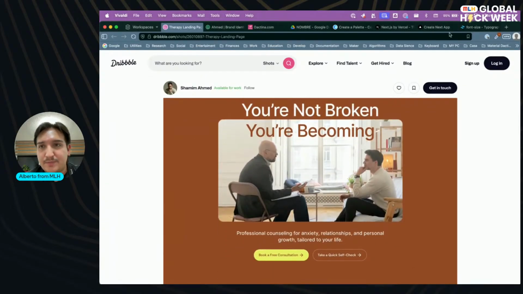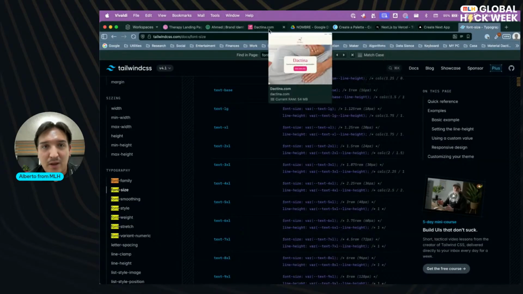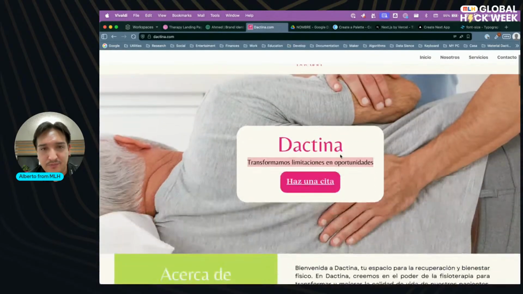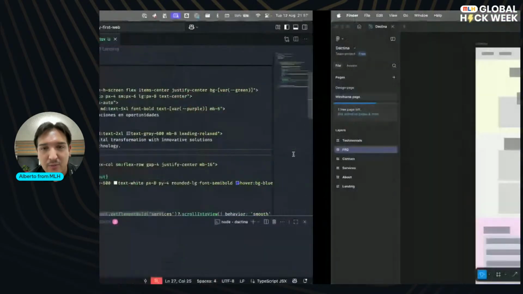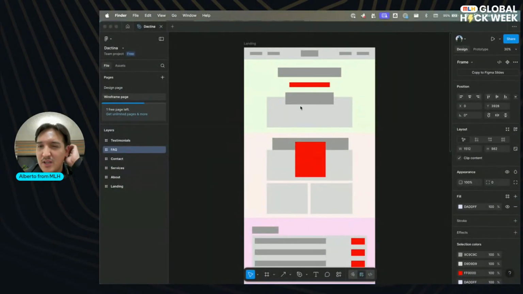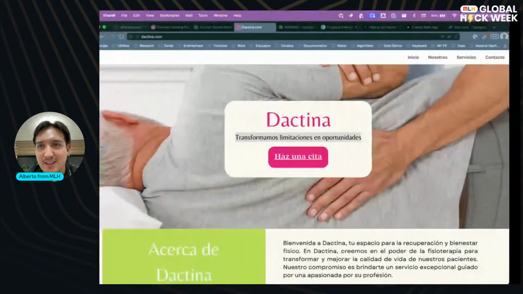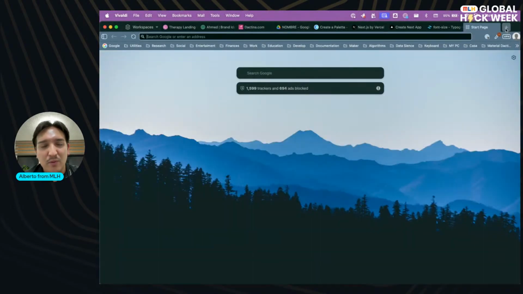Oh, yes. Since we don't have the image, and we are proposing an image here, let's find an image and then we move based on that.